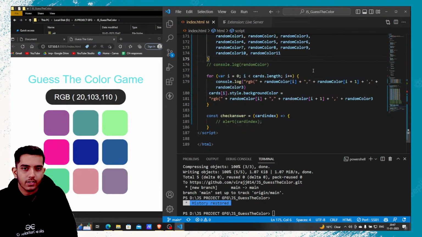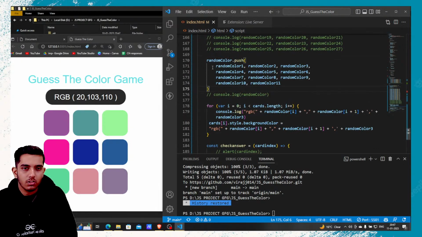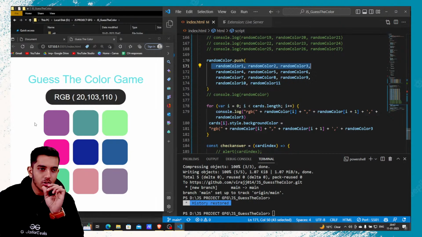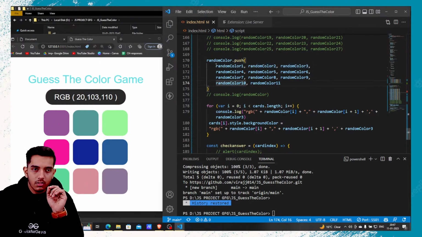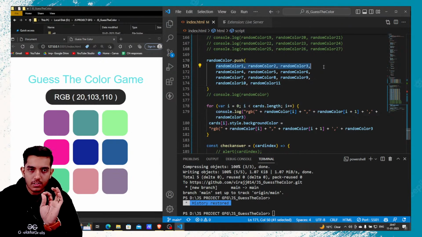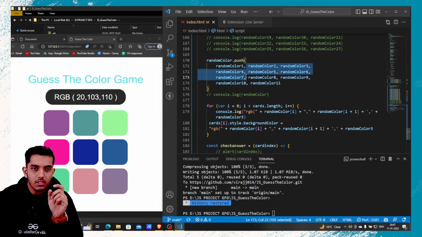So basically what I said was that initially all three colors will be targeted, that is for the zeroth card, this one. Okay, this is the zeroth card. These 3 random values will be passed as a color for this card. Again, for the first card, these 3 values will be passed. These 3 values will be passed for this card. And again for the second card,